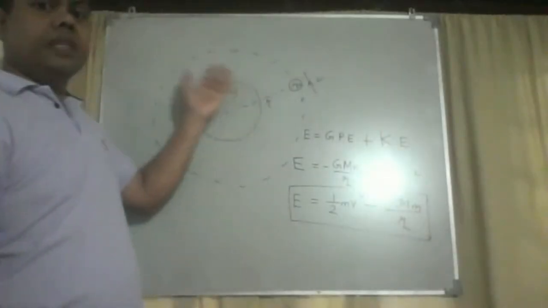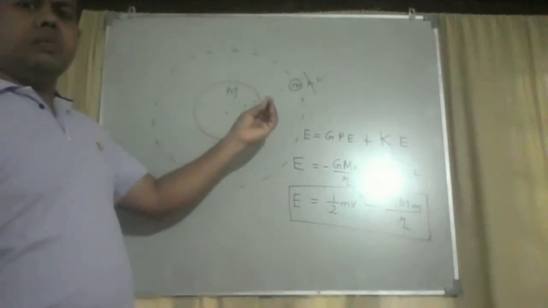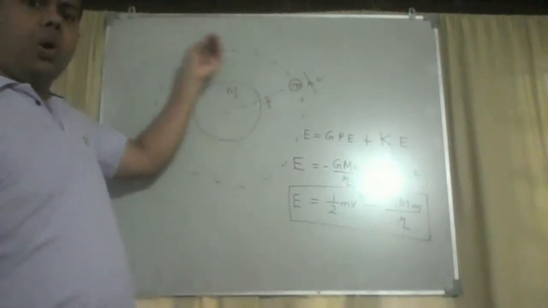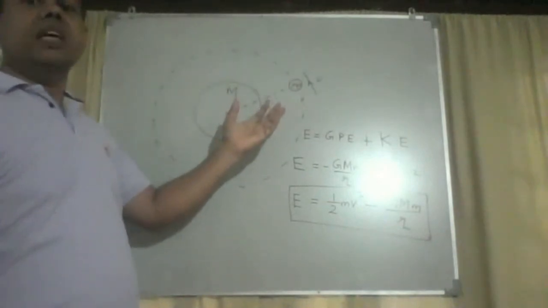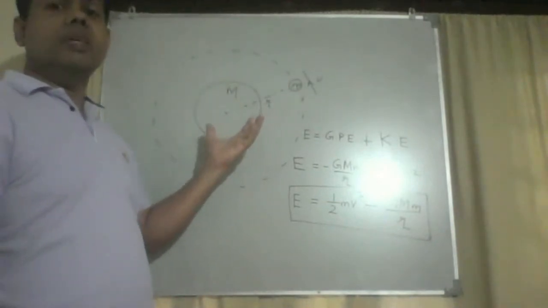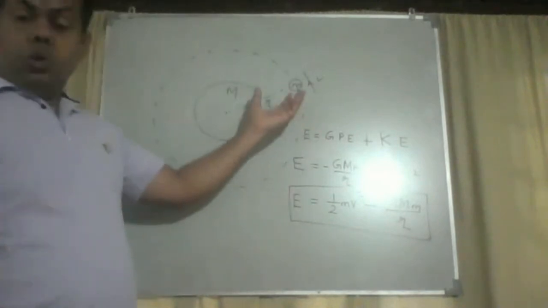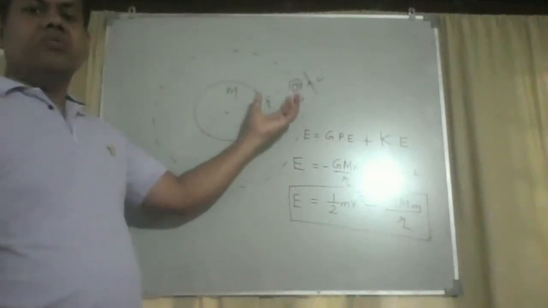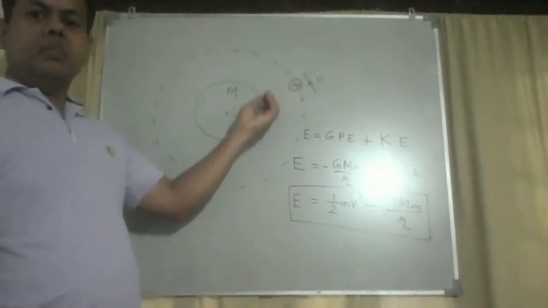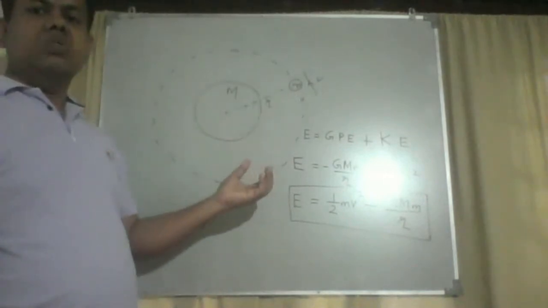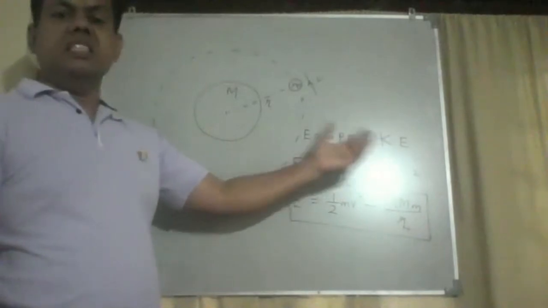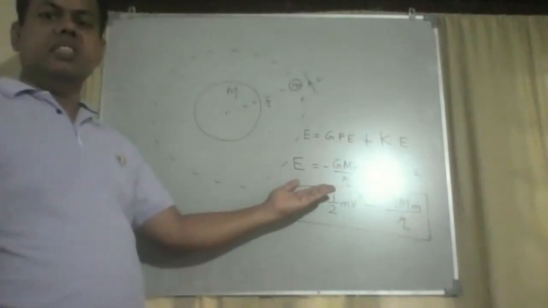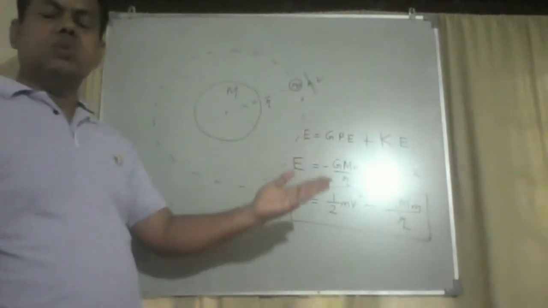Imagine we have a spherical mass of capital M and a point mass m is orbiting around that spherical mass at a radius of r. Then total energy of this point mass m is equal to gravitational potential energy plus kinetic energy, which is given by this equation, and can also be written as